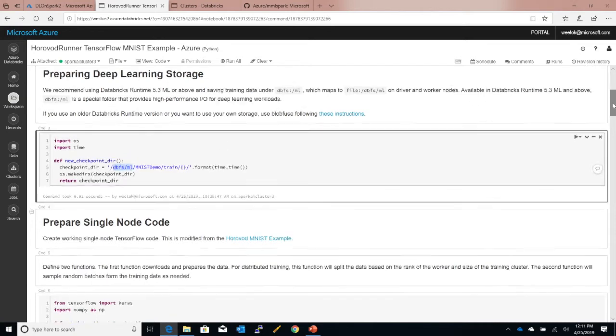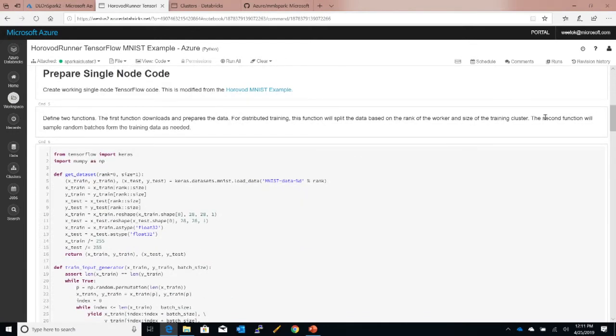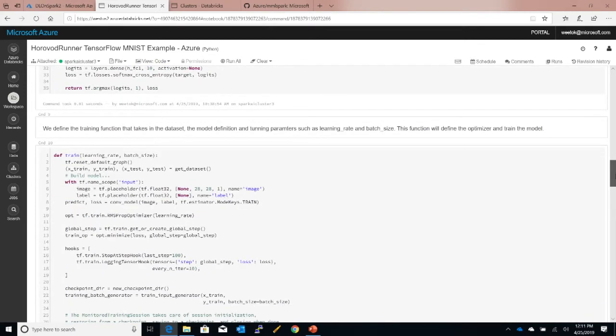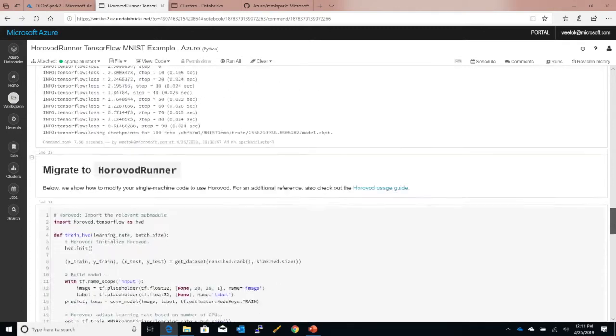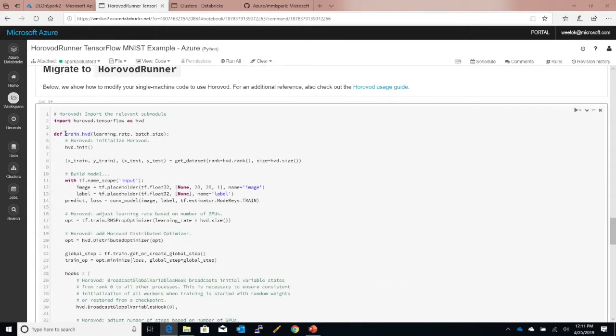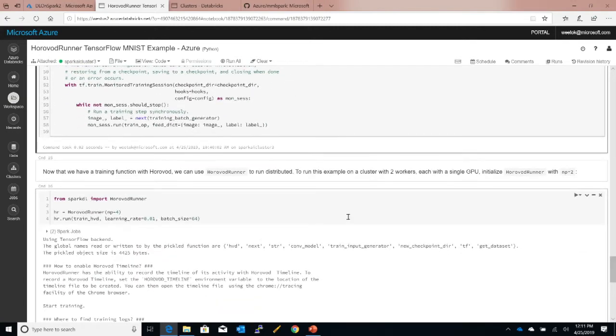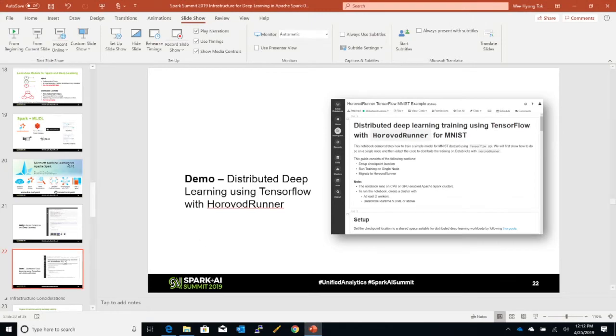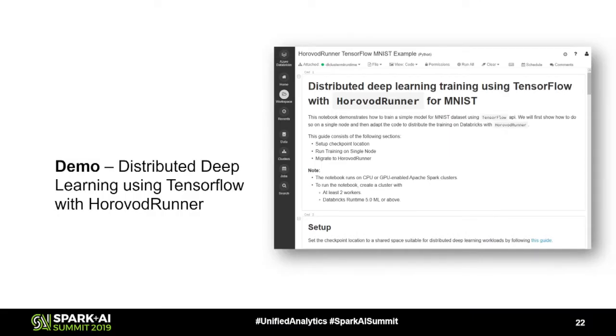Right? I'm not going to run all of this, but the point I'm trying to get to is this shows you your single node code. But in order for you to get to your Horovod code, it's really very straightforward. All you need is to define train.horovod, right? Init your Horovod on the Databricks cluster, and then the last step is using HorovodRunner, which is part of the ML runtime: specify the number of nodes you want to run it on, and it takes care of the intercommunication, setting up the nodes, and getting distributed deep learning to work, right? So hopefully with these two demos, it helps you understand how you could get started.